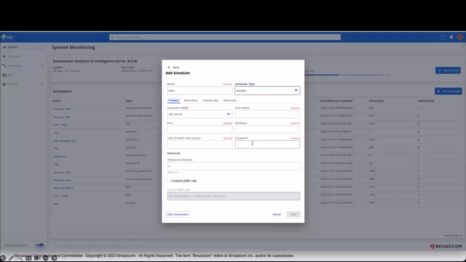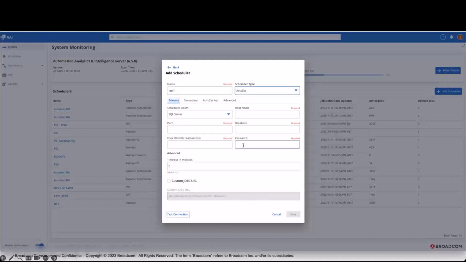And as we run this enablement, I'm not going to go through the creation of the synonyms within an Oracle database, but be aware that if you are integrating AAI with an AutoSys customer that is using Oracle, synonyms will be required for each of the AutoSys database tables in order for AAI to integrate correctly. We recommend that the user ID on the database level in the AutoSys database is granted read-only access. AAI at no point will write any information to any of the scheduler databases it connects to,